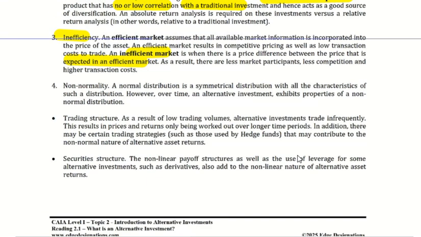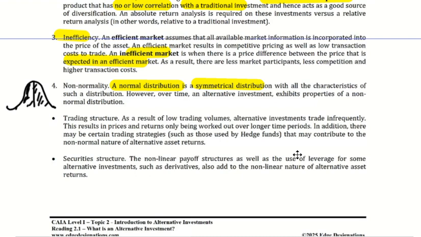Non-normality, what is non-normality? Normally, what we would expect, and we're going to see this in topic 2, is a nice normal distribution or symmetrical distribution of returns, and it follows the normal, as I'm sure people are aware. We'll just draw the picture for you. There's your normal distribution, the mean is in the middle. Most of the observations are over there. We've got a little bit sitting there in the tail, but nothing to write home about. Whereas non-normal distributions is what we typically see when we work with alternative investments, and we will deal with that in its correct place in topic 2.